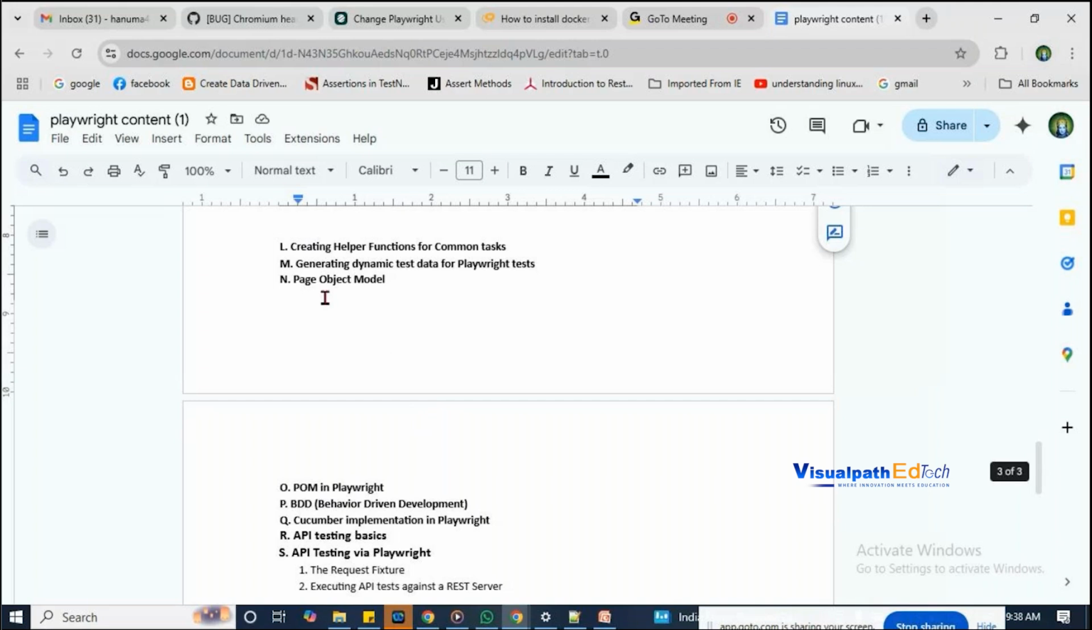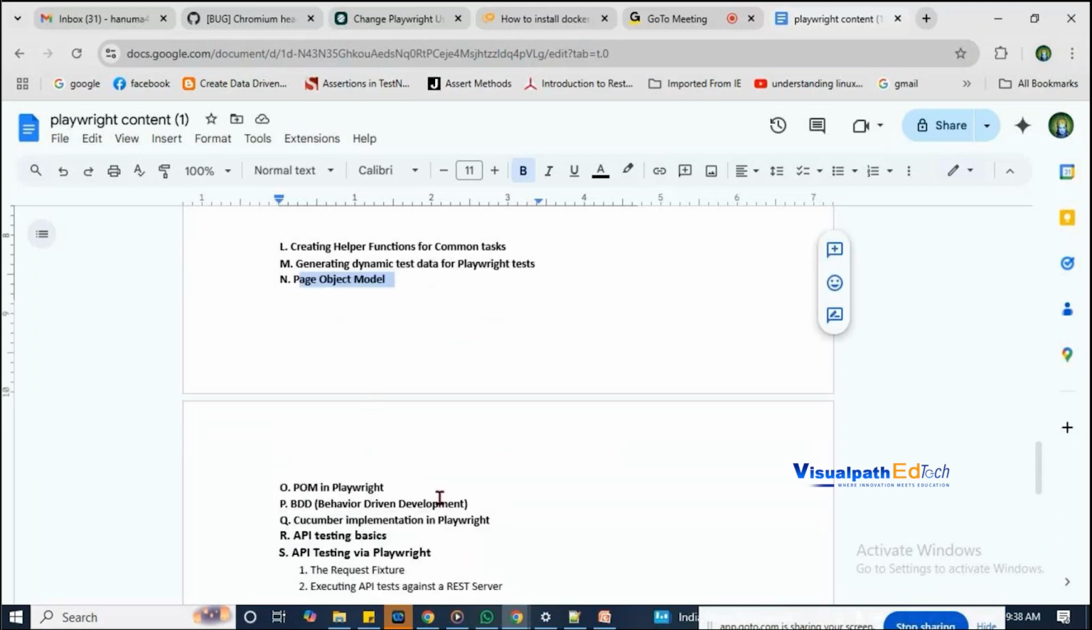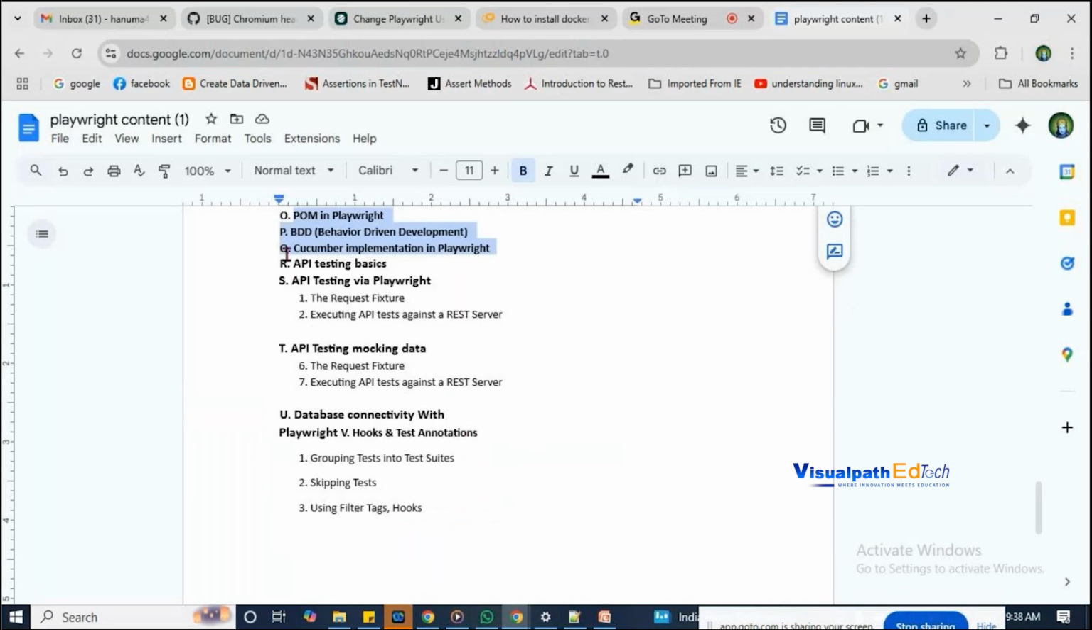So these are all how we will create a real-time framework from scratch. How we can create new helper methods, how we can create dynamic test data and the Playwright test cases. What is the page object model and how we can use the page object model in Playwright. This is one framework, and with the same page object model, we'll try to cover the BDD Cucumber scenarios as well, and we'll cover three sessions on API testing, because API testing is what we do